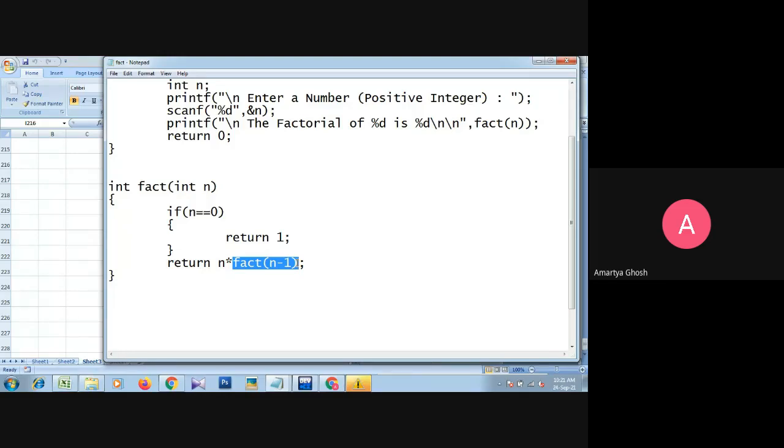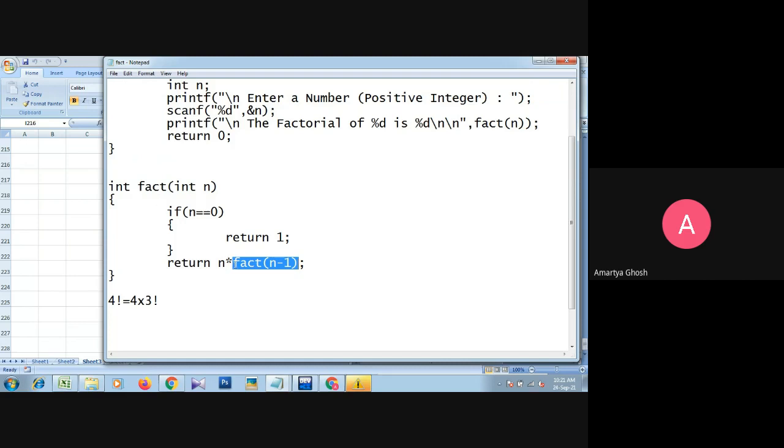Factorial of 4 means, if we consider the factorial of 4, we can say that it is 4 into factorial of 3, is not it? That is also correct. So this is the recursive function, because this time again we call the function, and that is why it is called a recursive function.